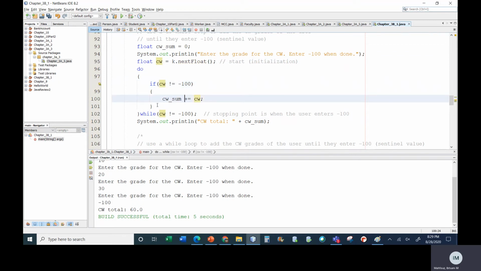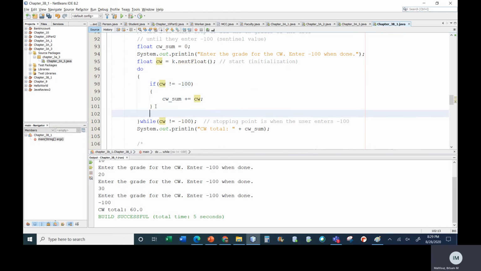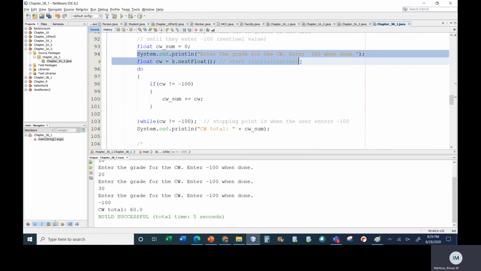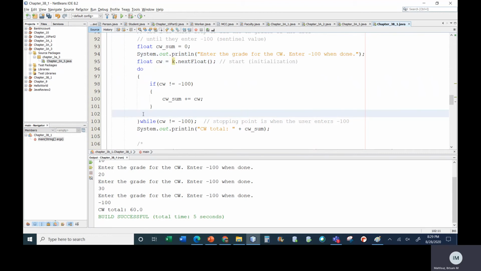So I read something, I will make sure it's not negative 100. It's not, I add it. I still need to do my update. When these two lines were inside the do, they were acting as an update. But here I don't have anything to update. I'm not reading anymore inside the do while, so I don't have an update. So those two lines, I need to copy them again and put them inside here